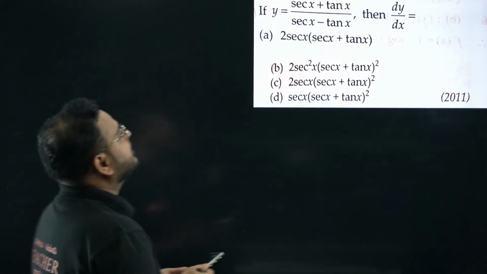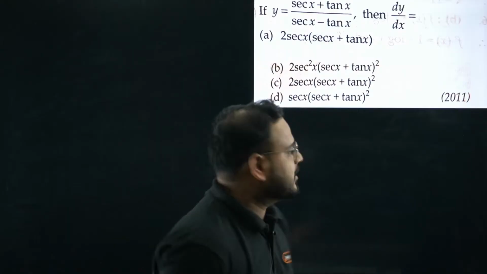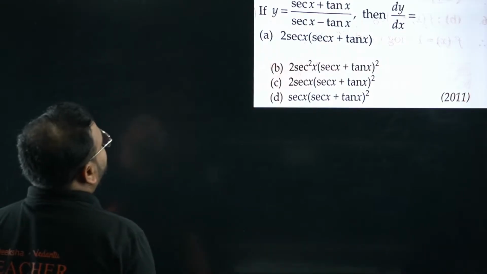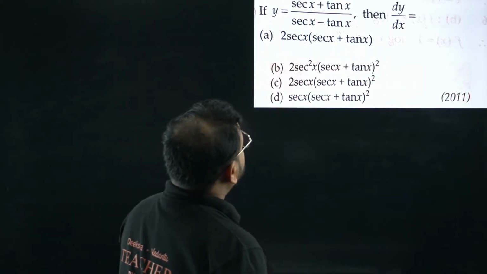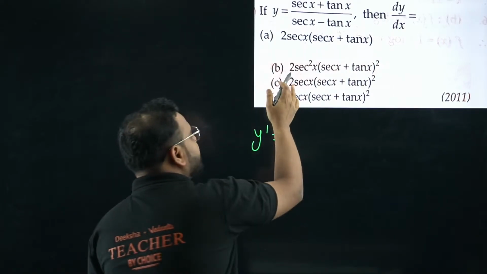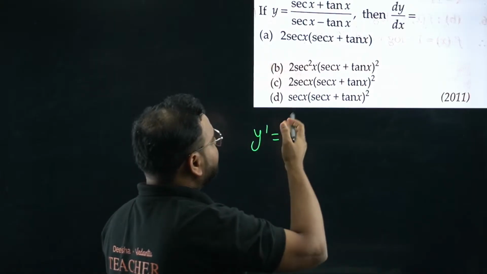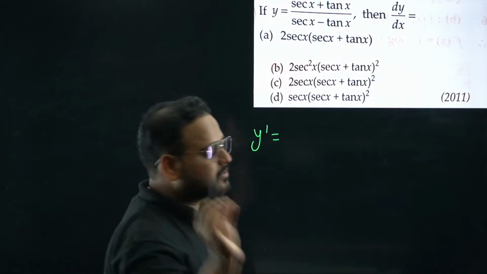Next one. So there is no doubt in this so much. Any problem you have so far? No. Let's solve this question as well. What we have, we're looking for dy by dx, the derivative. Now one way to solve this question is simply converting to sine and cos. The second way will be taking the quotient rule. All of that is there, but there's one simple approach as well.